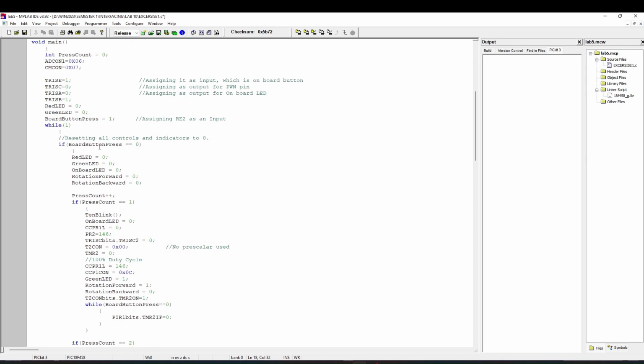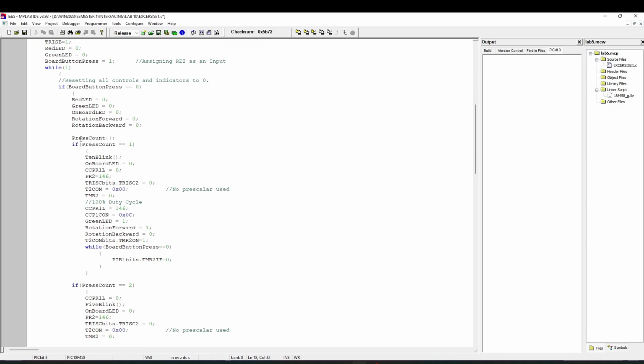So when we will not be pressing any button at first, everything is set to 0, and press count is increased by 1 initially. So the program will check the function. Press count is 1 obviously. So program will enter here, and there will be 10 blink function called,